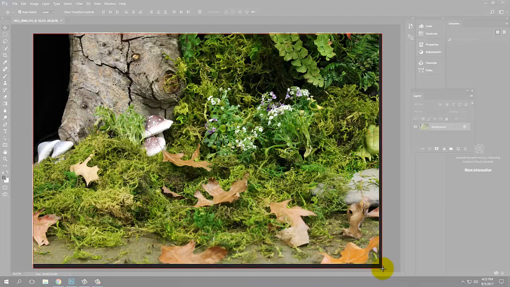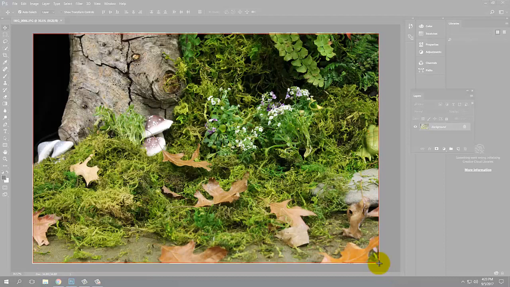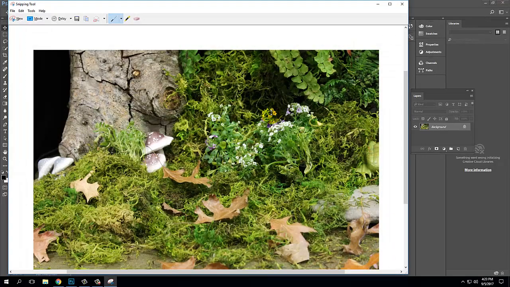So I want to make sure that I don't get any of this gray area outside the photo. I want just the photo. So I'm going to do something about like that. Alright, there's my screen capture. Now I'm going to click the Copy button